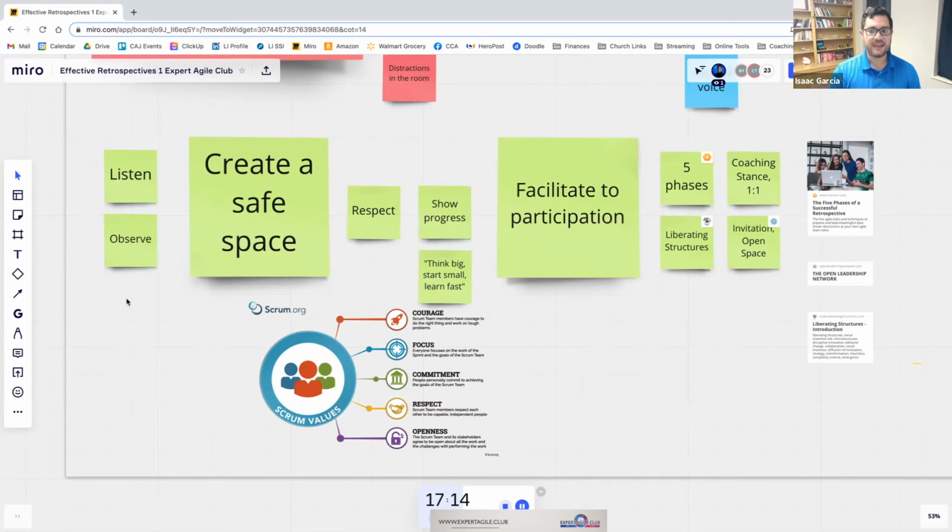One of the key ways to do that is expect and demand respect in your retrospectives. Tell the team, we're here as a team, we're here to get better, but we're going to respect one another. I have down here from scrum.org the Scrum values, right? This is a great image to share with your team. Identify respect as one of the key values your team is going to exhibit, especially in your retrospectives. If someone else is talking, you're not going to cut them off. We're going to respect each other.